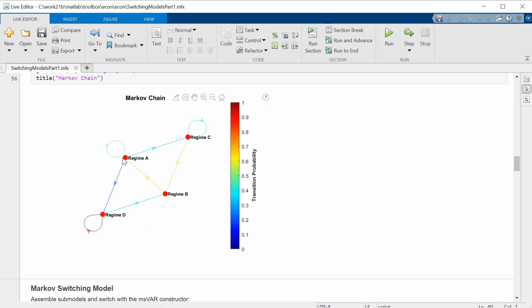For example, regime A here, the first regime, you see there's a return probability in green that corresponds to about a 50% probability of returning to regime A, exactly as we designated in the transition matrix. And likewise, there don't seem to be any transitions from regime A to regime B, indicating a zero transition probability in this case.